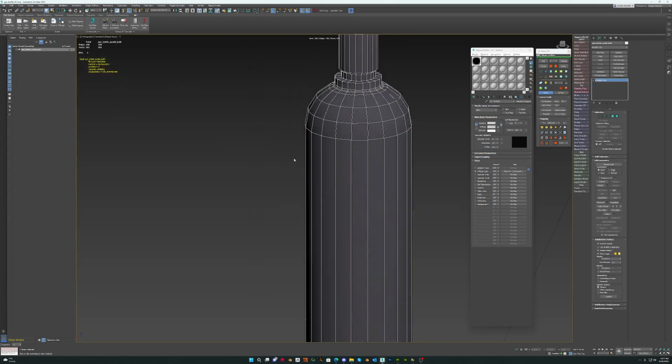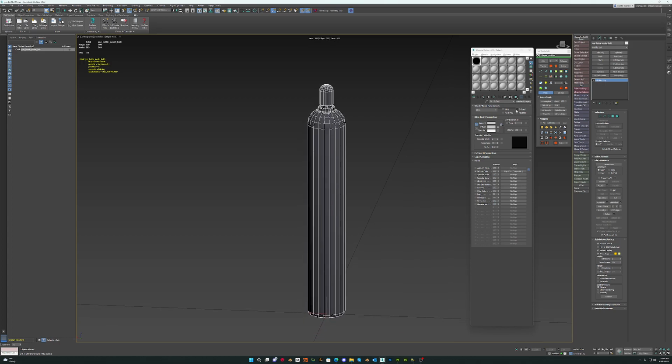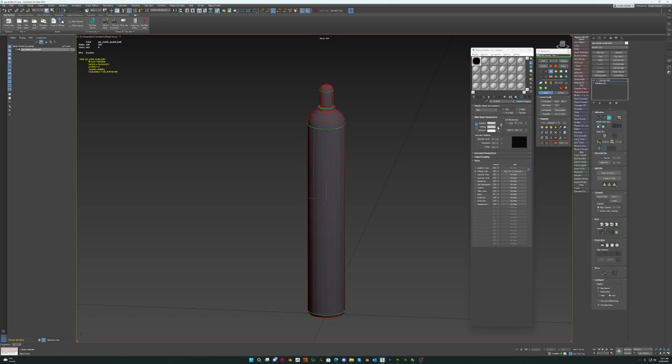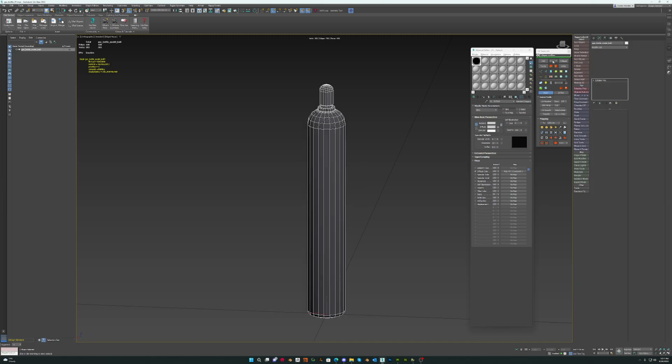So now we'll collapse that. The next thing we do is add a UV modifier to channel 1 again, and then we'll copy that to channel 3. Click move, we'll collapse, we'll go into channel 3,